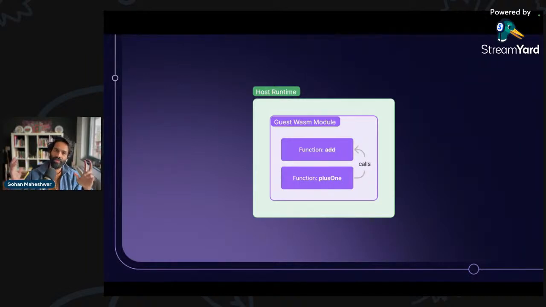If all of this is confusing to you, the analogy that I would like to draw is that of a hotel. Now, when you check into a hotel, you're a guest, so you have access to your room, and maybe you have access to a kitchen, a common area, maybe a swimming pool, but you don't have access to the other guest's room, or you don't have access to, say, the back office, for instance.